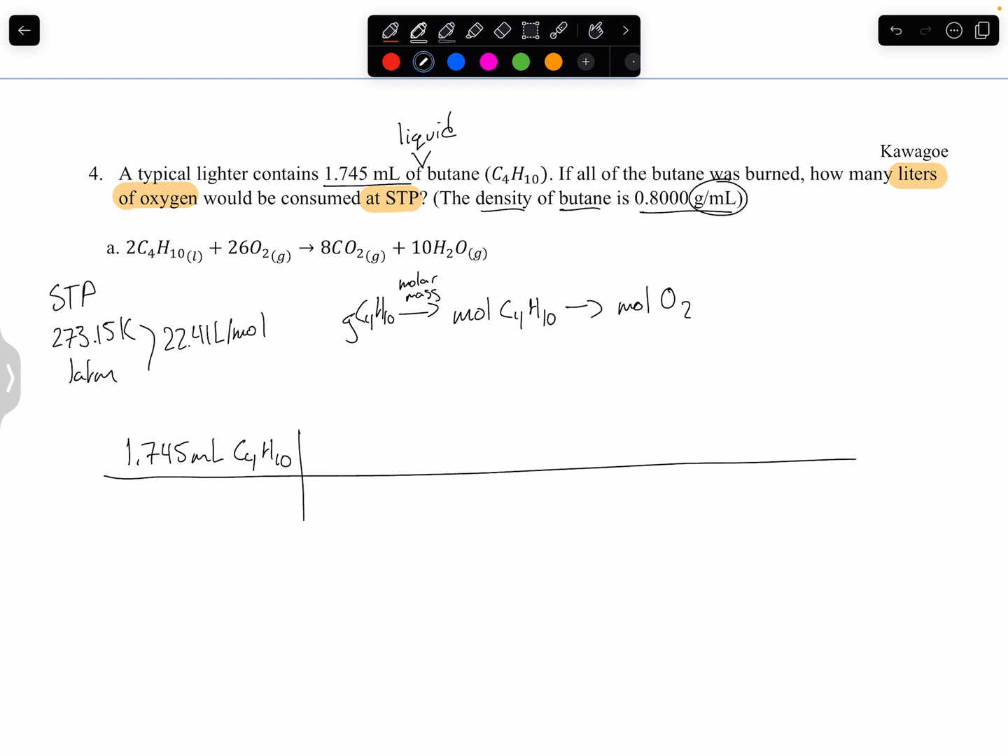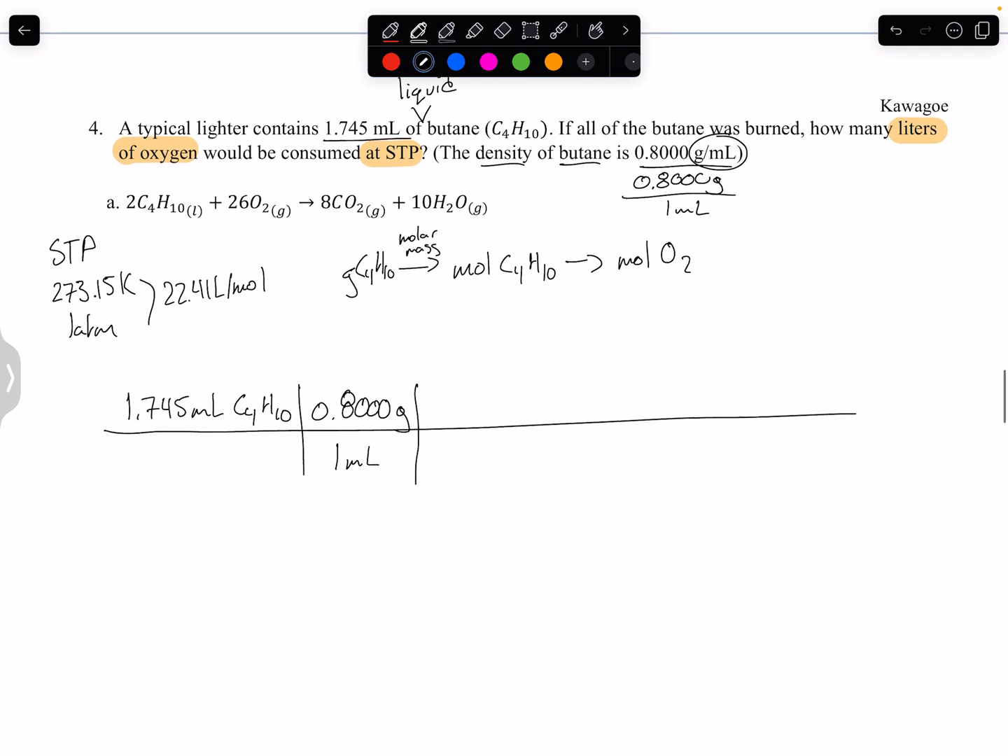Now, anytime you see units written like this, it's 0.8000 grams per 1 milliliter. So whatever that's after the slash, that's per 1 of whatever comes after the slash. So here, in my stoichiometry, my actual calculation now, I have milliliters. So I want to put 1 milliliter on the bottom and the 0.8000 grams on top. And I want to keep all of my sig figs, excuse me. Okay, so now